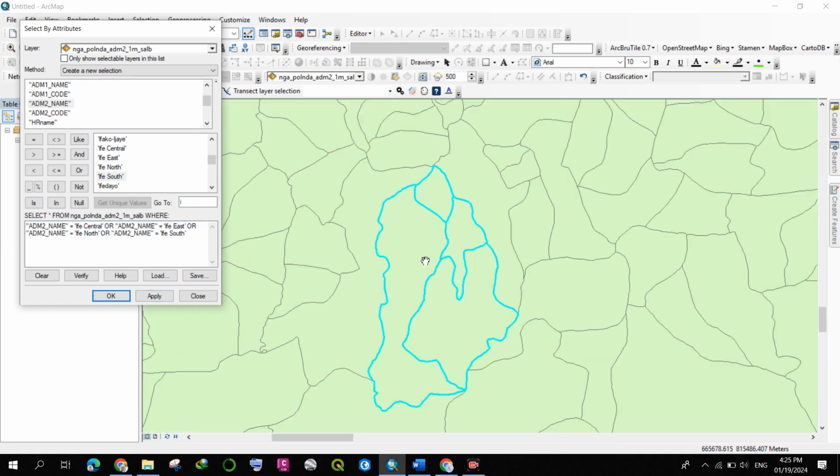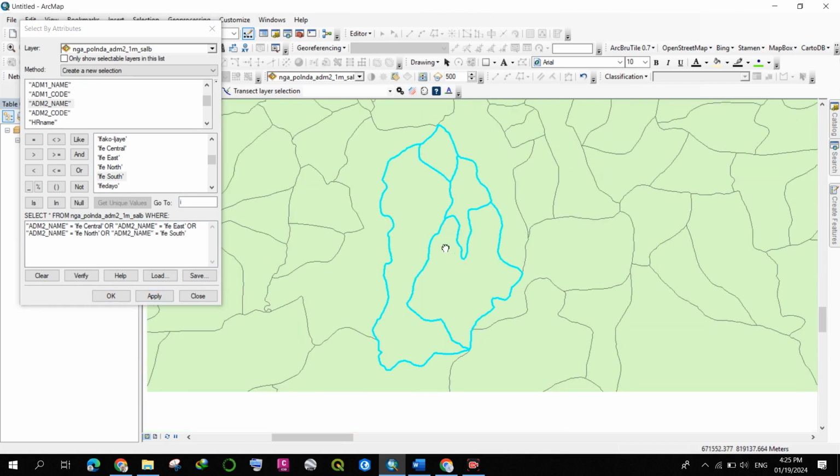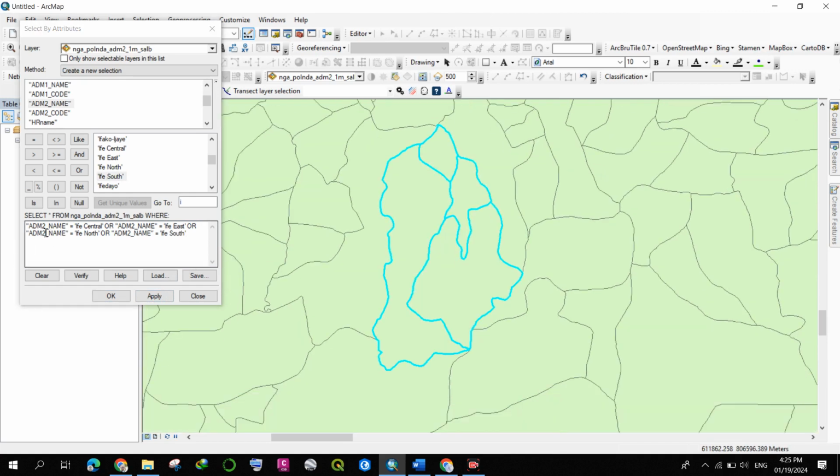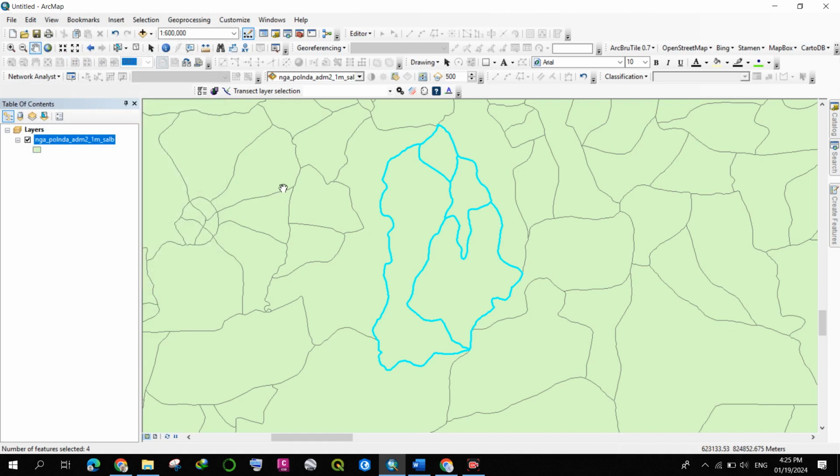This is multi-query. Multi-query, like in the sense that admin 2 equals to Ile-Ife Central, or admin 2 equals to Ife East, or, did you get my point? So it's going to select everything at once. So now you can click OK. So once you click OK,